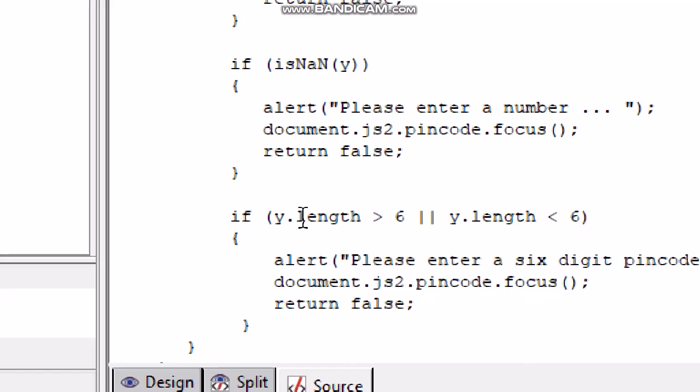If the condition becomes true, that is the length of the pin code entered is more than 6 or less than 6, then an alert message, please enter a 6-digit pin code, will be displayed in the alert box. And due to this statement, document.js2.pincode.focus, the pin code field will be highlighted and the cursor will be placed inside the pin code field.